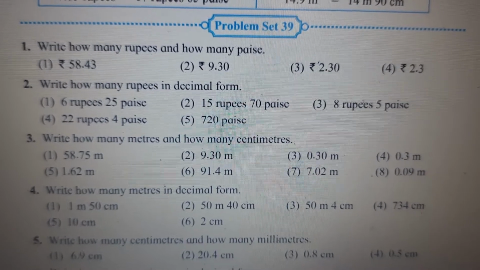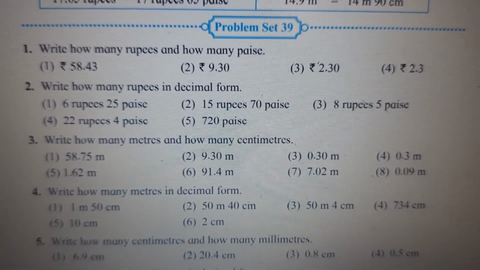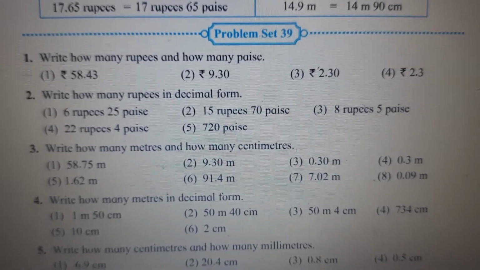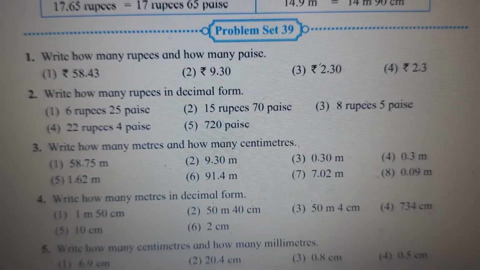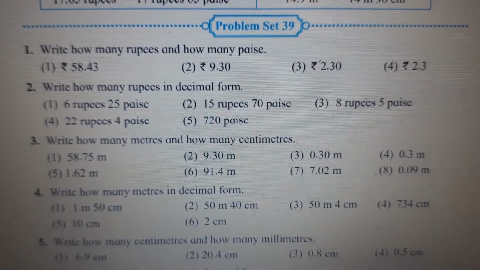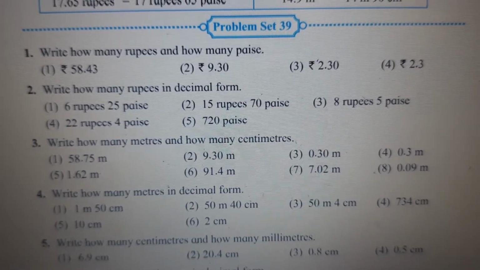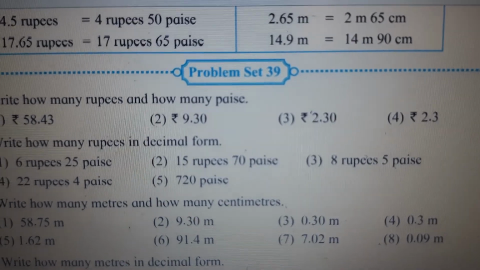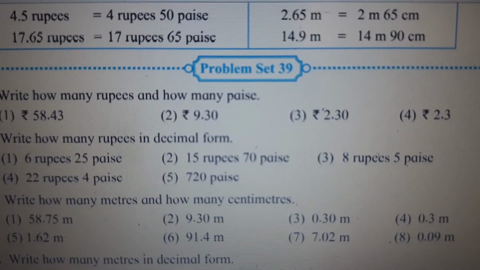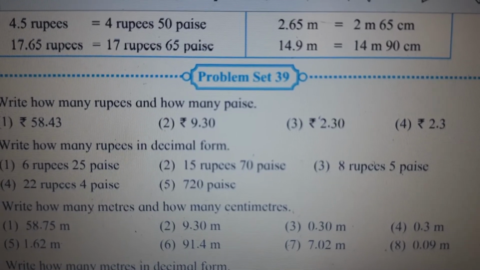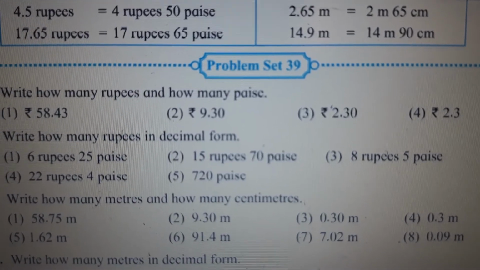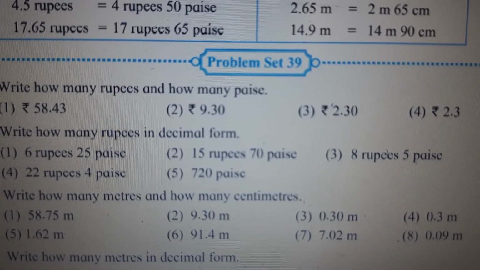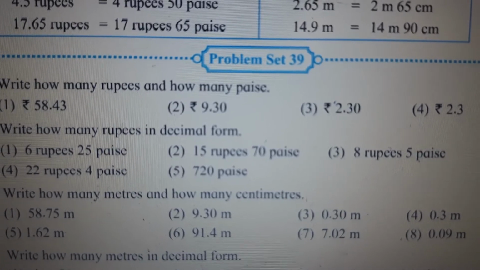Okay, second one, rupees 9.30. In decimal form we are reading it that way, but when it is rupees we will say 9 rupees 30 paise. Hope that's clear, children. Third one, rupees 2.30, or 2 rupees 30 paise. Okay, what about the next one? Fourth one, yes, fourth one also will be, children, rupees 2 and 30 paise. 2.3 means 3 is in the one-tenth place, so in case of rupees it becomes 30. So rupees 2 and 30 paise. 2.30 is also rupees 2 and 30 paise, and 2.3 is also rupees 2 and 30 paise.